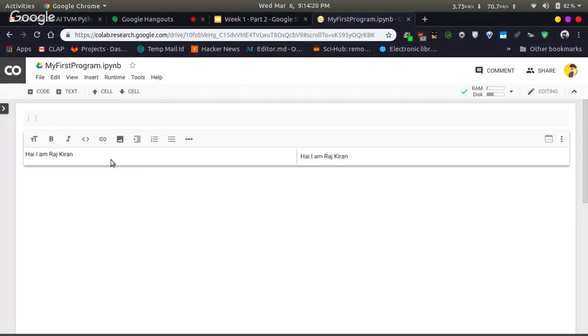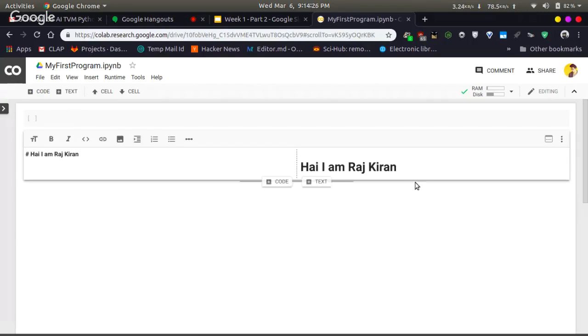You can also make it a heading by putting a hash, and you can see on the right side how the actual Markdown will look. On the right side is the preview mode, and on the left side you will have the edit mode.